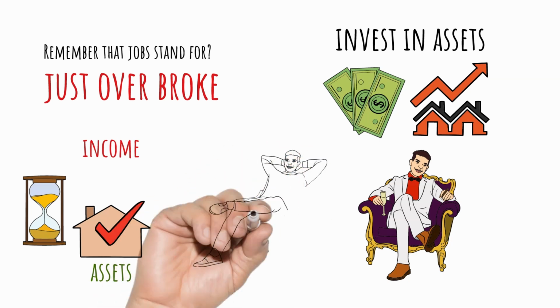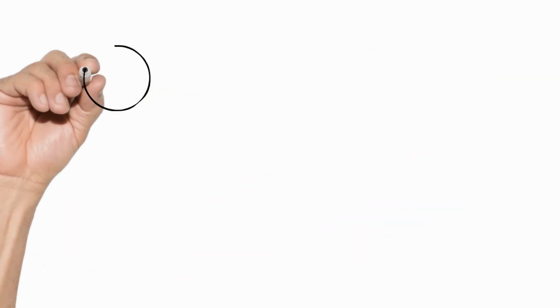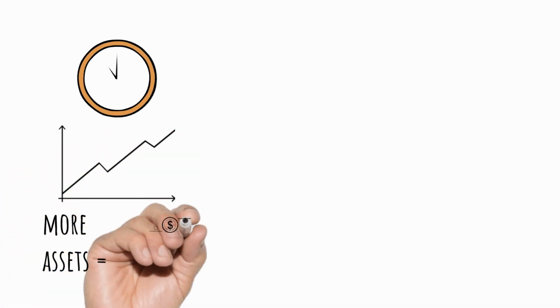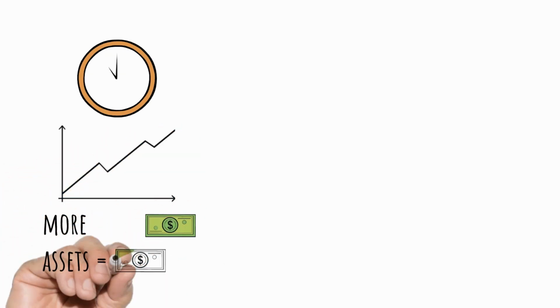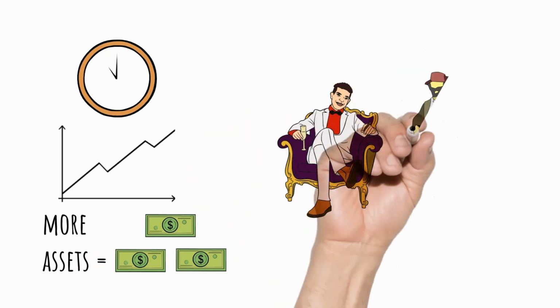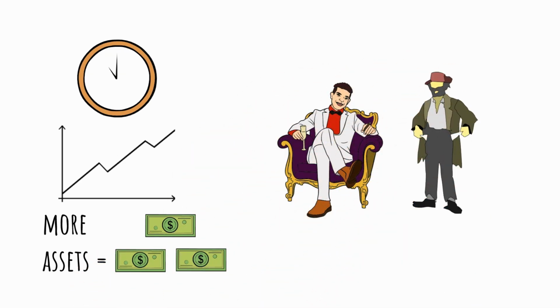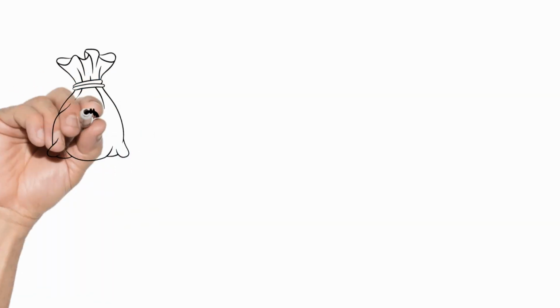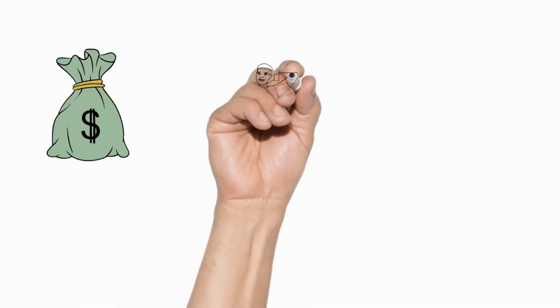Every minute of every day, your assets produce an income for you. The more assets you have, the larger your monthly earnings are, and the more money that's flowing in. This is why rich people keep getting richer and why the poor stay poor. If you have enough assets to generate enough income for your basic expenses, then you are truly financially free. And this is the goal for many people.